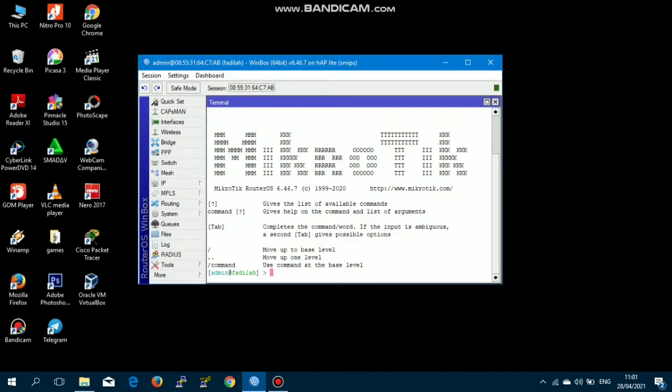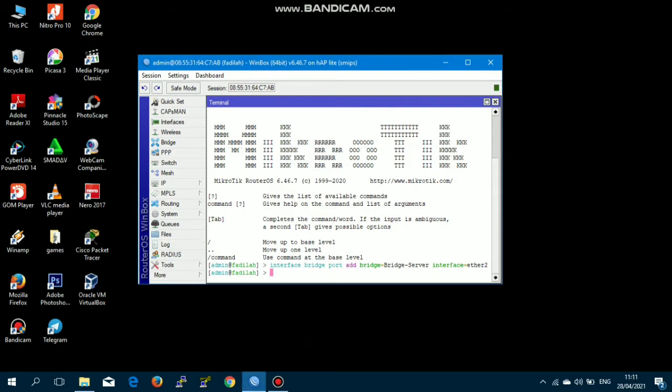Add for interface Ether2 with the command interface bridge port add bridge server for interface Ether2. Then don't forget to check the configuration results with the command interface bridge port print.